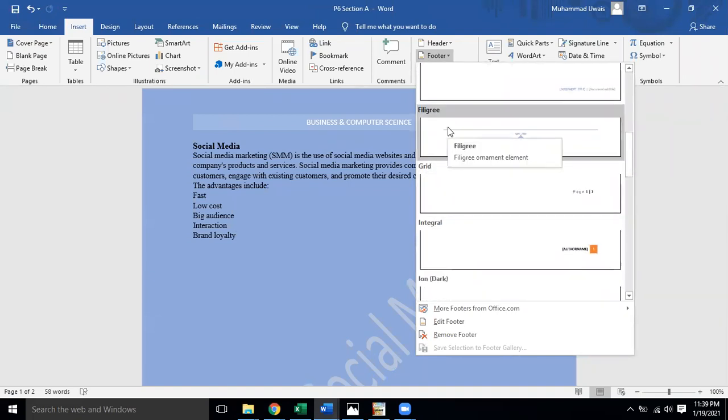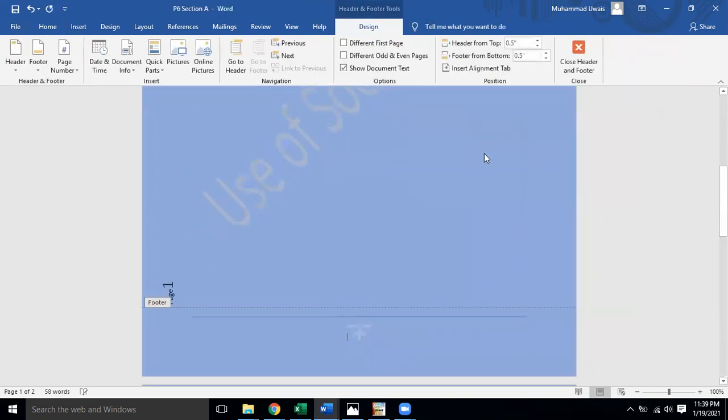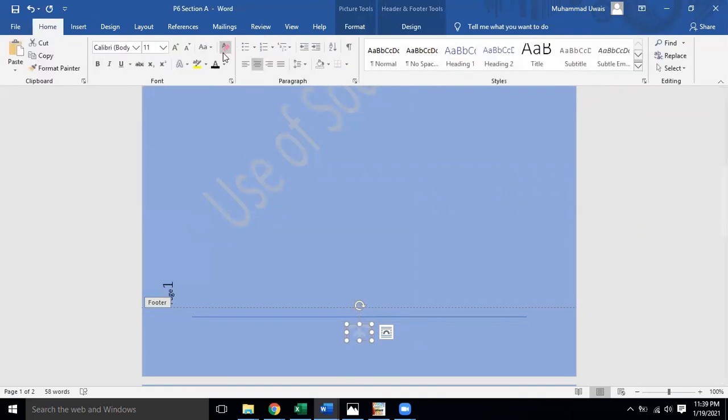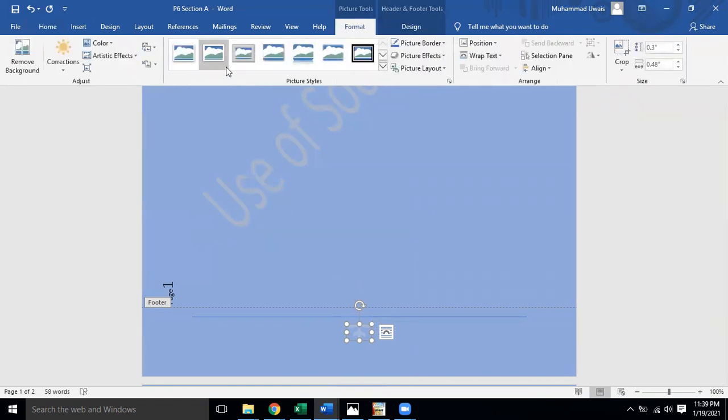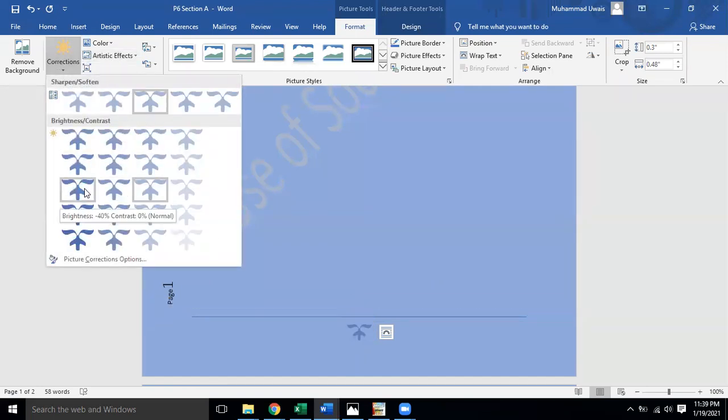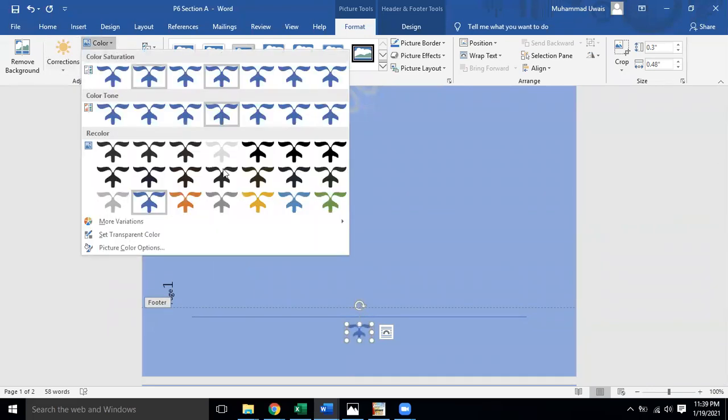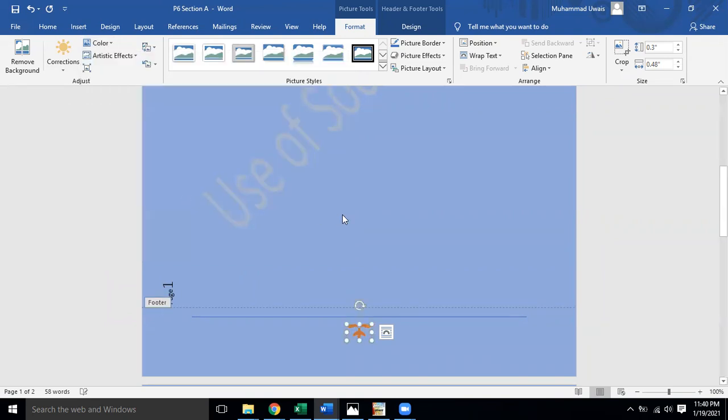Filigree is basically a design, a filigree ornament element. When we insert it, you can see over here that it is basically an ornament design. Fine. So we can apply this, and this ornament design has been given over here. If we go to the format, we can even change its color or something like that. I think we will be able to change the color as well. If you want to apply black or gray or any other color, we will be able to do it. Why? Because it is showing you the formatting toolbar.